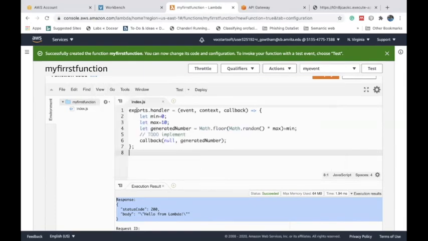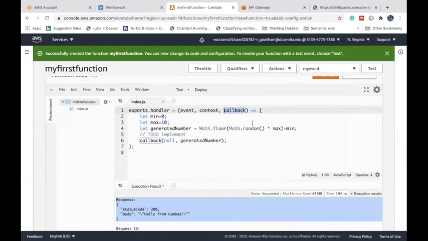Okay. Yes, I already told you every Lambda function should have a handler, and the handler will have three parameters: event parameter, context parameter, and a callback parameter. The event parameter helps us to get the input parameters from the user, from applications, or from the web browser. Under the context parameter, we can access information about the execution environment, the context of the Lambda function. And whenever you want to communicate back to the client, the communication happens through this callback.